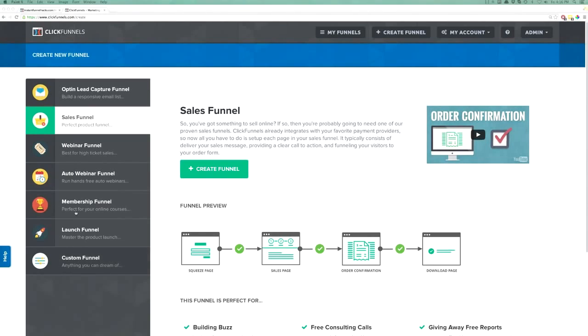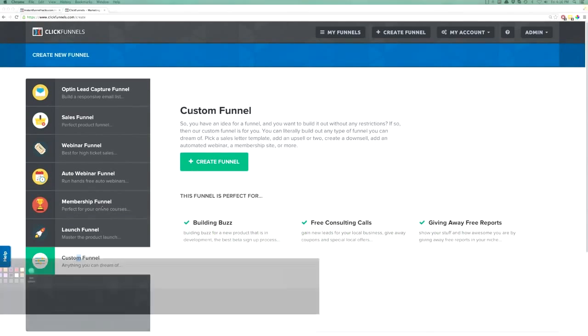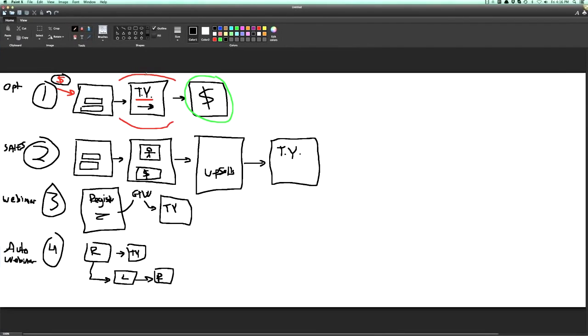And then obviously we've got membership sites, product launch funnels, custom funnels. So there's just different types, there's different things, right? But these are the core funnels that we use. Obviously, then there's a product launch funnel